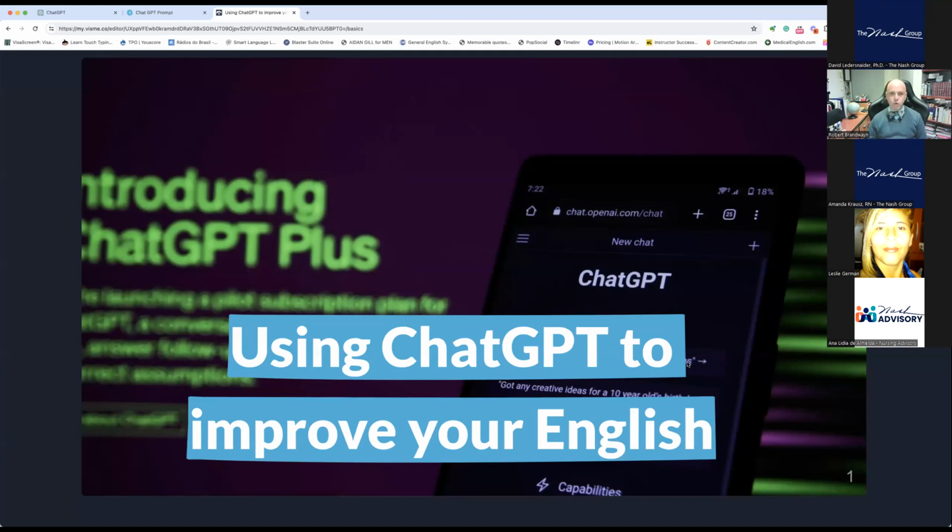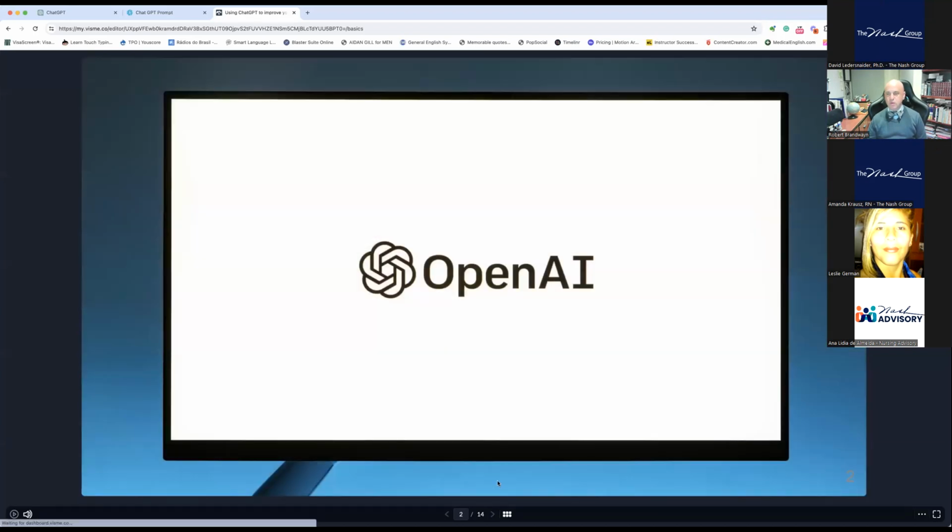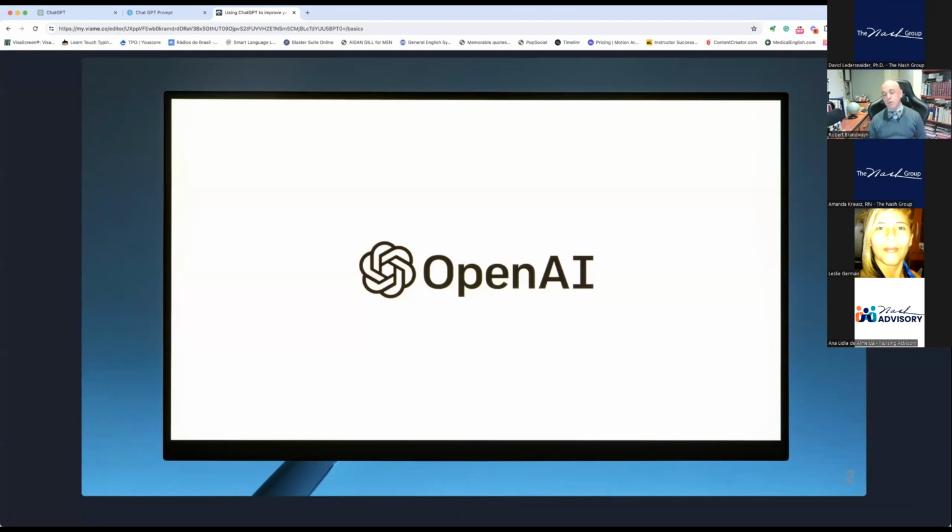So, one of the things we need to take into account, una de las cosas que tenemos que tener en cuenta es que ChatGPT es una herramienta gratuita. We need to take into account that ChatGPT is a free tool, it's a free software. Yes, there is a possibility of upgrading for the Plus version.